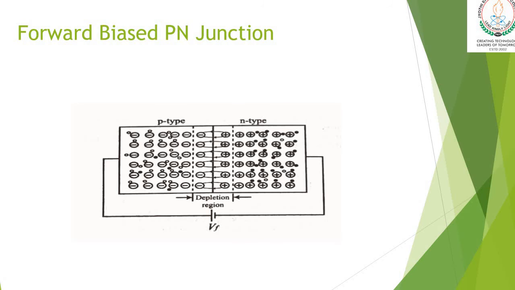As soon as this bias is switched on, electrons will leave the negative terminal of the battery and enter the n-type. At the same time, the positive potential of the battery will break the covalent bonds, where electron-hole pairs are broken and an electron will be released. So this electron comes out from the P to complete its path, giving rise to current. Once the potential barrier is broken, these electrons are free. The electrons leave the battery, the covalent bond is also breaking, and then it results in the flow